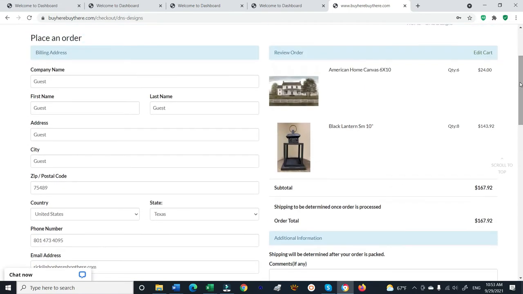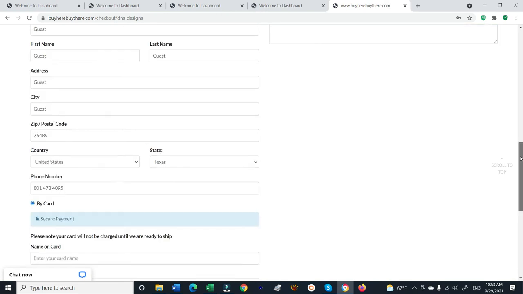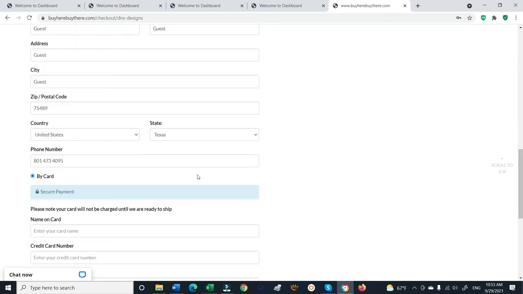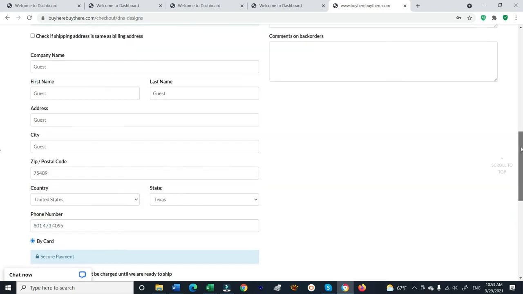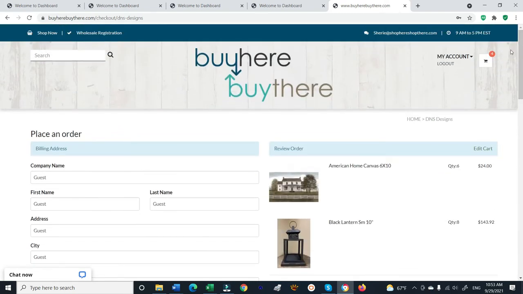But if they are done here and they've added their credit card information, now for this vendor, they only take by credit card. If, in the back end, they had been a vendor that took account, it would show here by account and by card, and they could choose either one. Or this vendor only has by card. And so once they choose that,